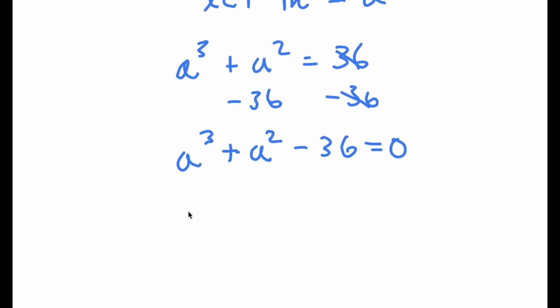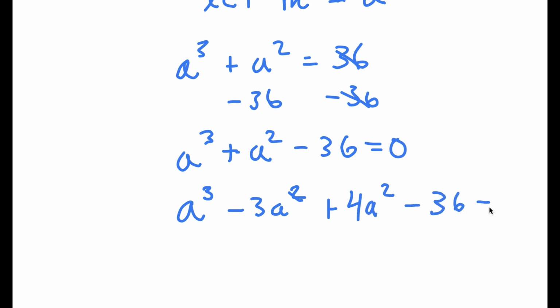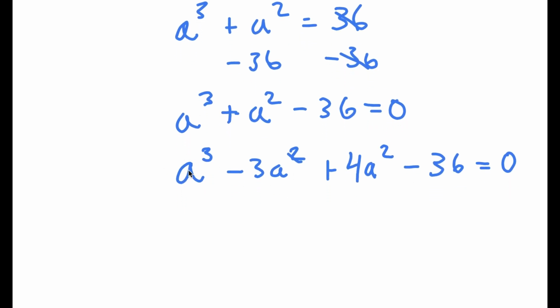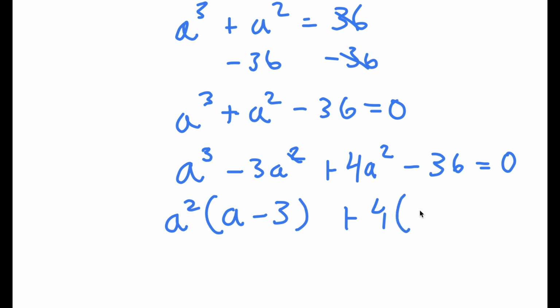Now I can rewrite a squared here as negative 3a squared plus 4a squared minus 36 is equal to 0. Now I can go ahead and factor by grouping. So from a to the power of 3 minus 3a squared, I can factor out a squared, so I get a squared times a minus 3, plus from 4a squared minus 36, factor out 4, so I get 4 times